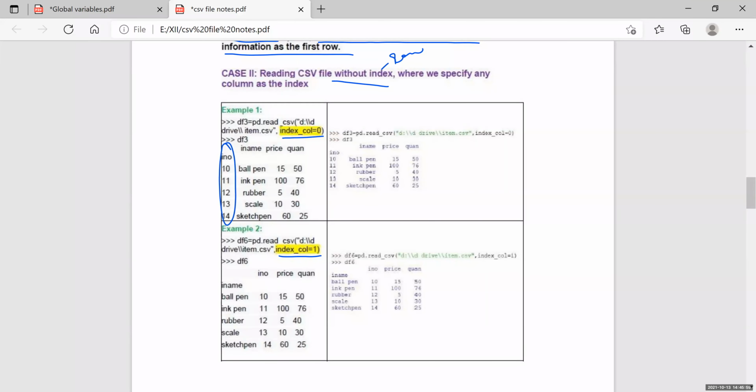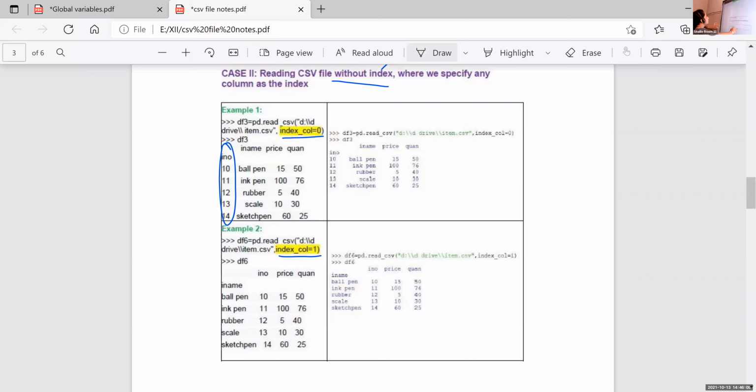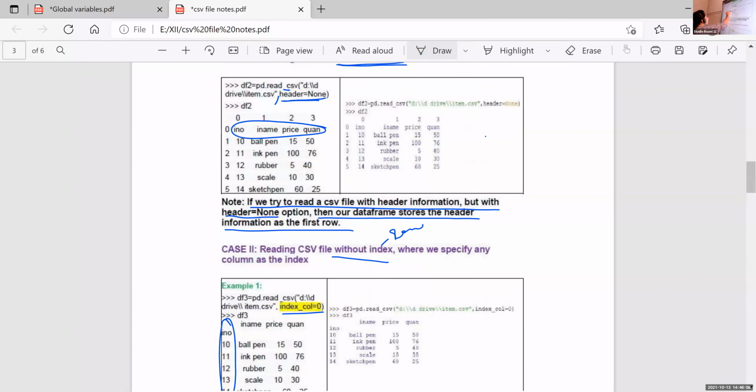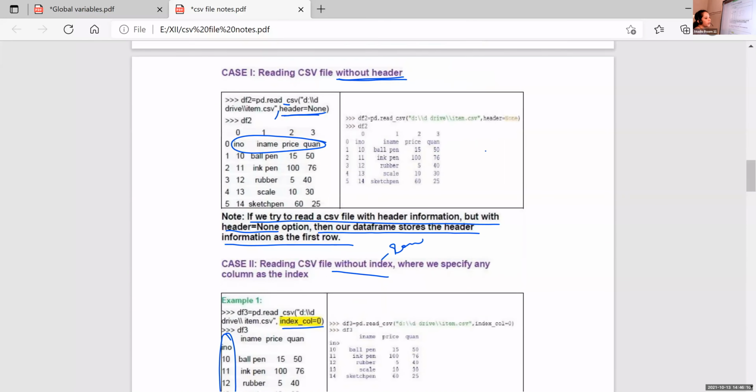Once again, I will explain. If I am using index_col, already one index value is there. This is the index value 0 to 5. These are the row names. If I want to replace these row names with any of these columns, just give index_col equal to that particular column number.